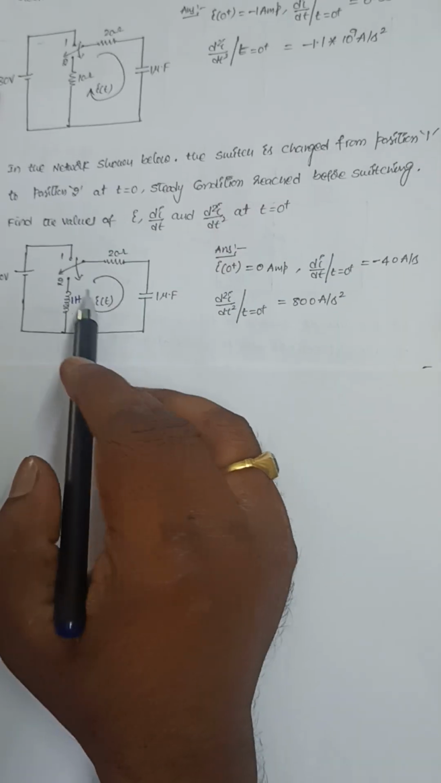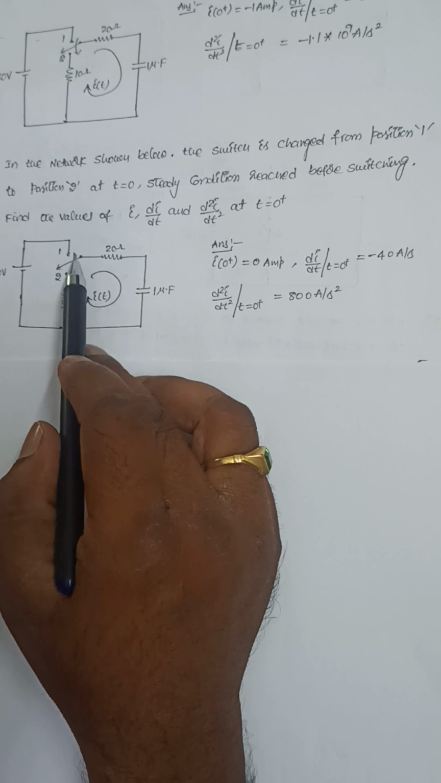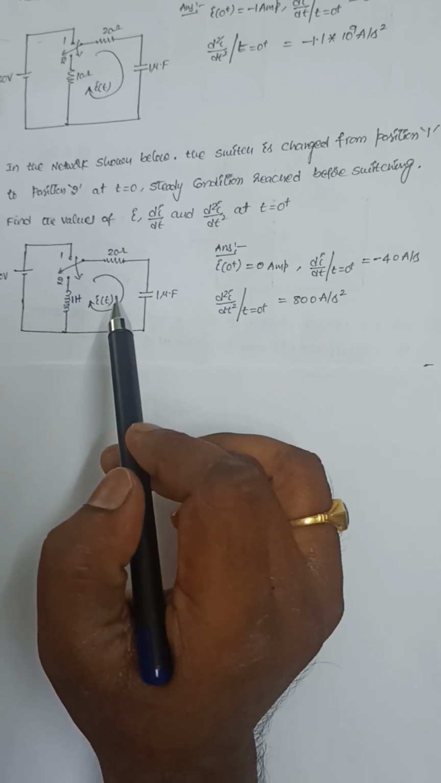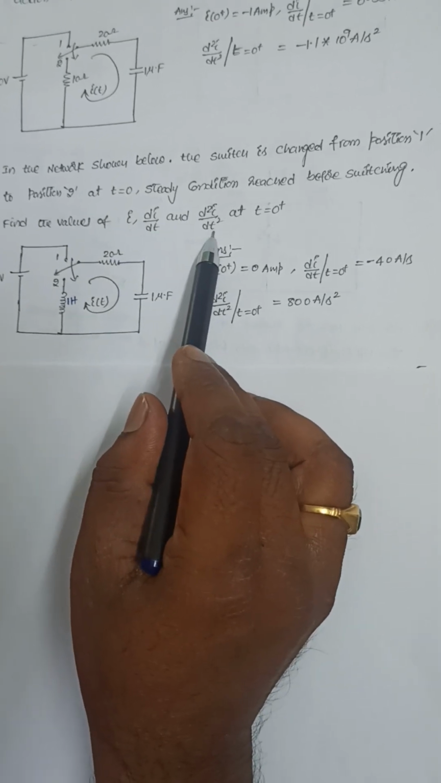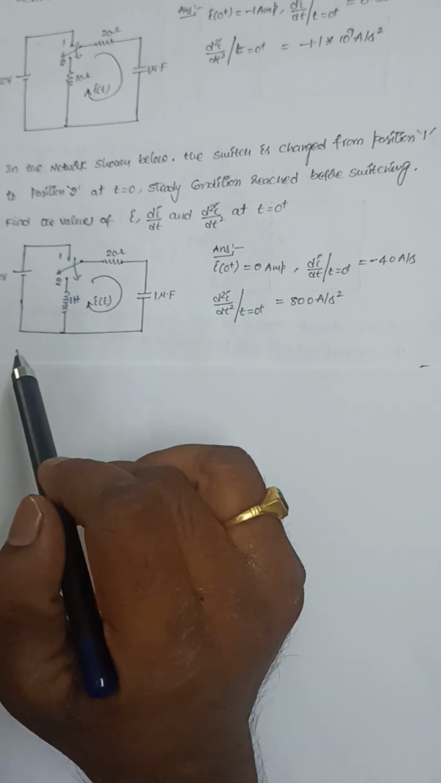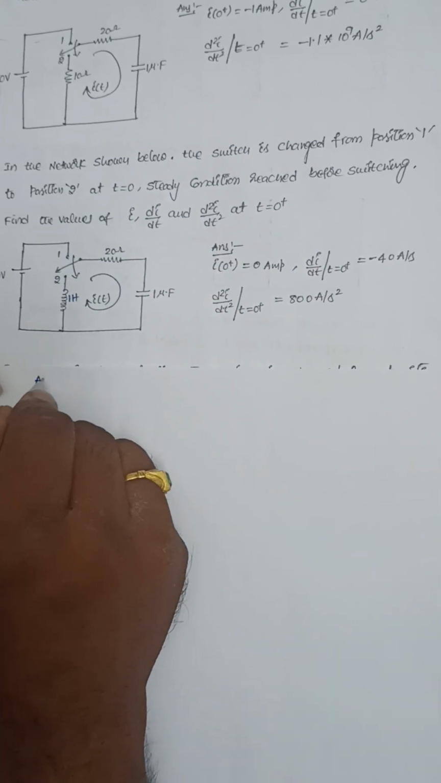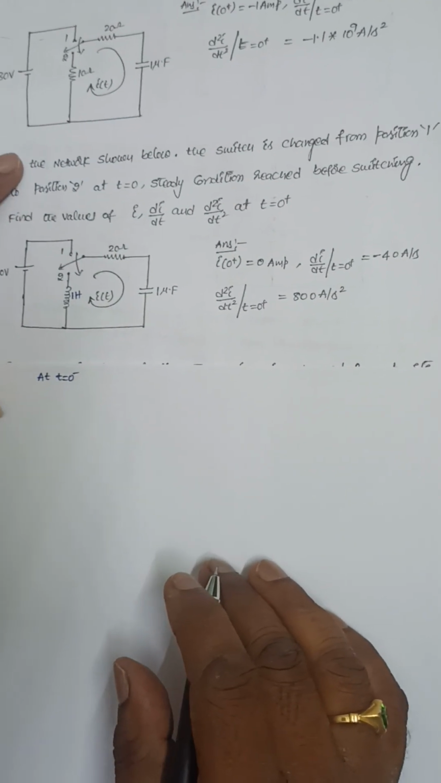Same question, the switch is initially at position 1. At t is equal to 0, it is shifted from position 1 to position 2. So what are the values of i, di by dt, d square i by dt square, just after the switching action is done? It is the question. So at t is equal to 0 minus,